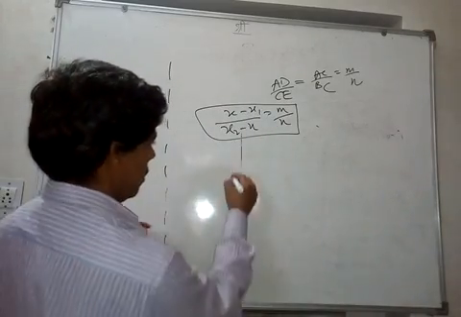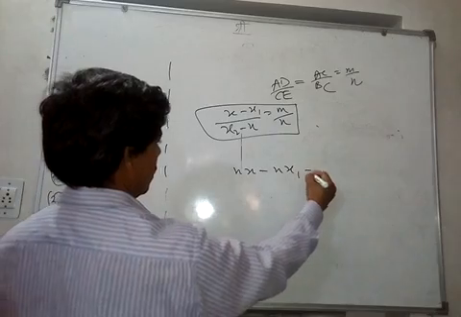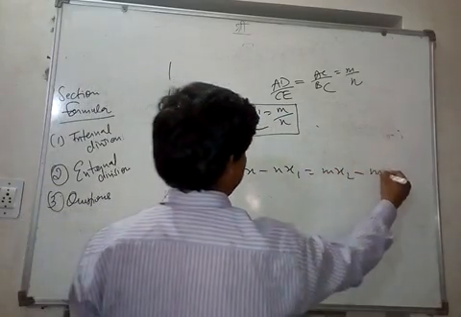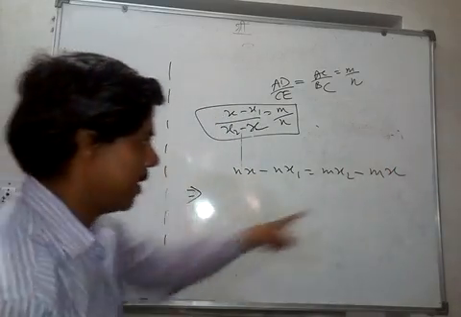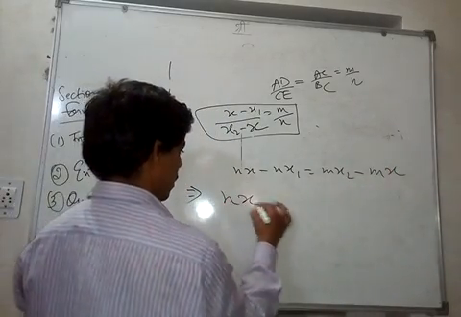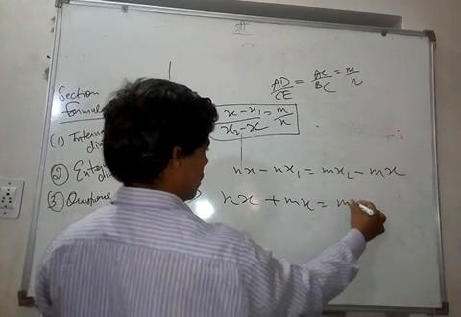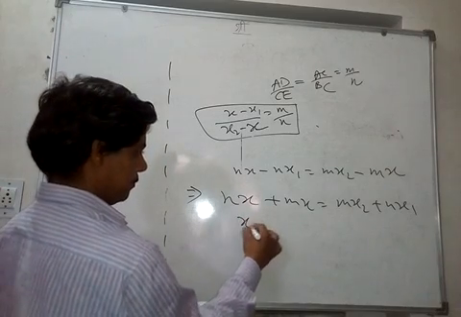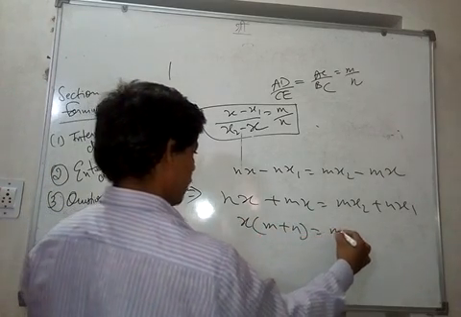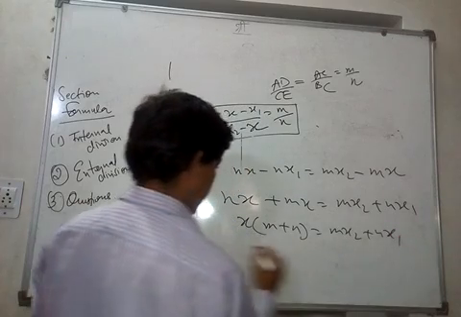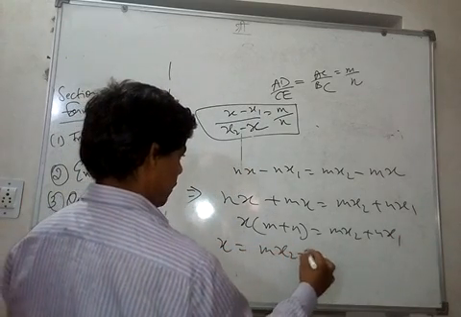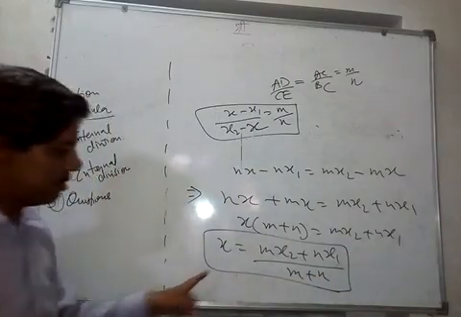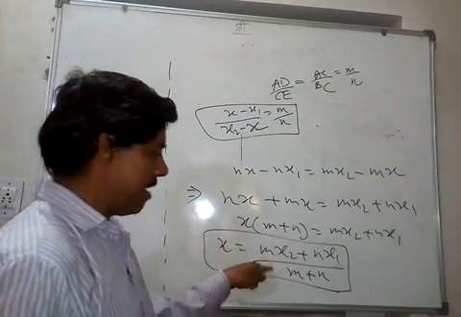So you will cross multiply: nx minus nx1, mx2 minus this is x, okay, so mx, something like this. So I'll bring it this side. What I'll get: nx plus mx is equal to mx2 plus nx1, and then I will take x common. m plus n times x is equal to mx2 plus nx1, and x is equal to (mx2 plus nx1) upon (m plus n), right? So that's for x, and similarly you can get for y exactly the same.